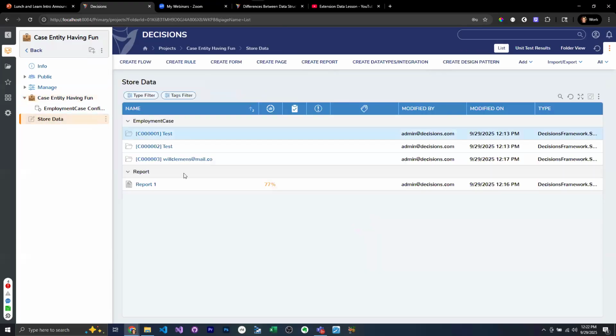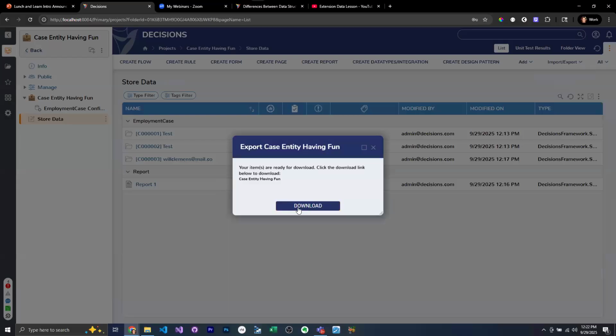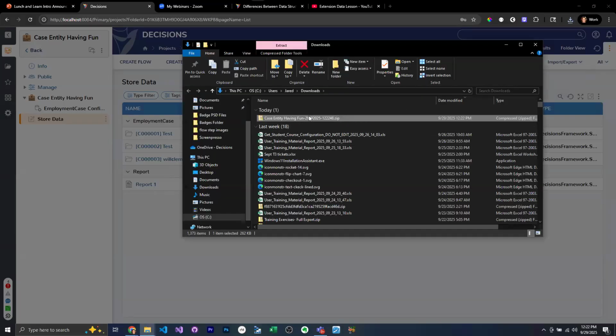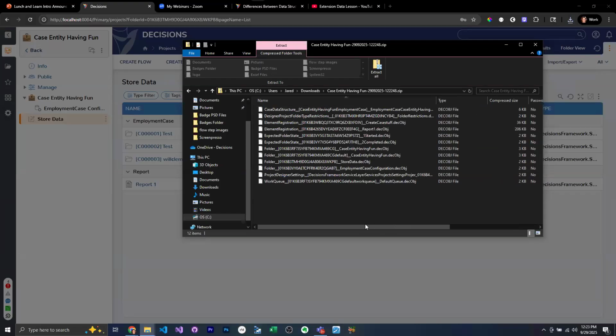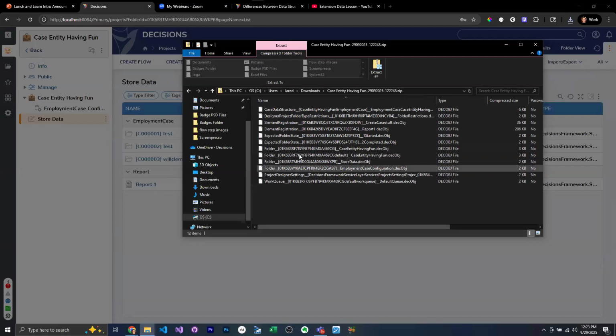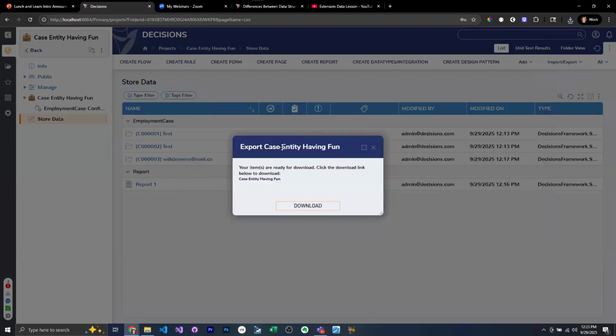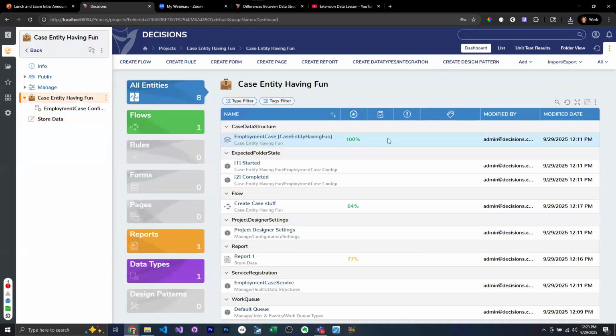So if I export this, I want to export this project. Most likely, I'm going to get the case entity records. We can open this. I can show this in a folder. We can dive into it, right? I'm going to see three folders, and I think those are the case folders for the project. Yeah, that looks like the case entity. And so we'd have to make sure I set that as not exportable, because it will carry over those things. So if I go to my case entity, I think there's a way,